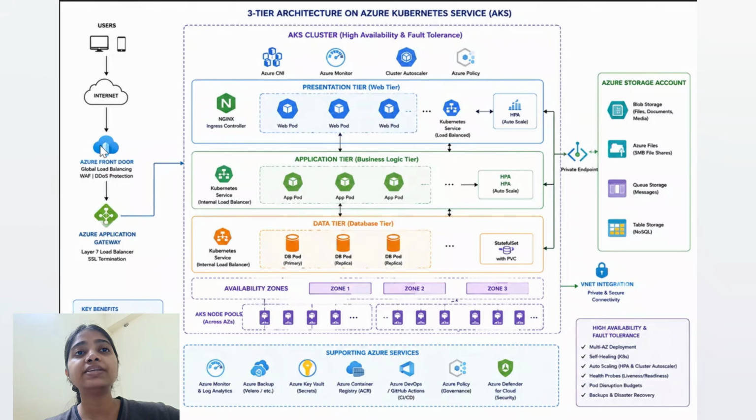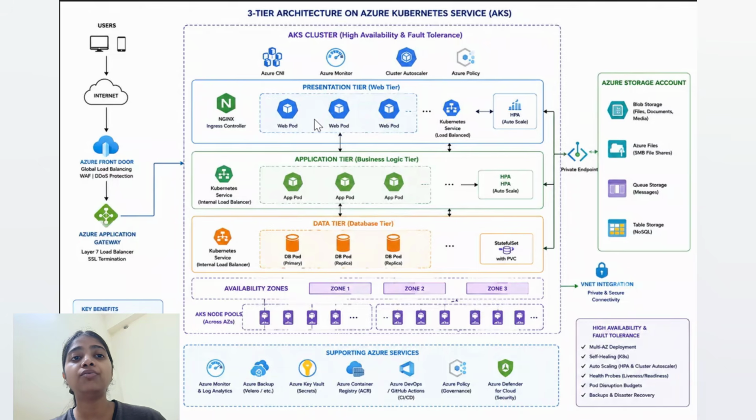Now once the traffic goes inside the AKS cluster, there is Azure CNI, basically the network interface, and the cluster autoscaler policy looks after all the pods and our containers. In our presentation tier, we will mostly create three pods, one for the web pod, one for the application pod and one for the DB pod.